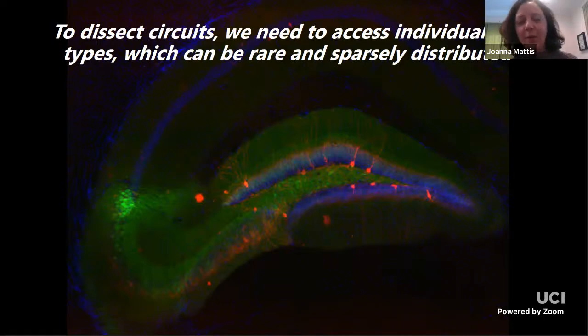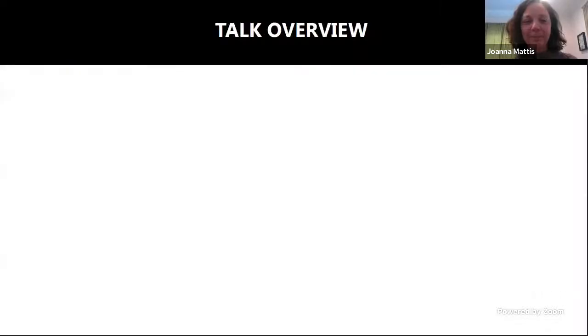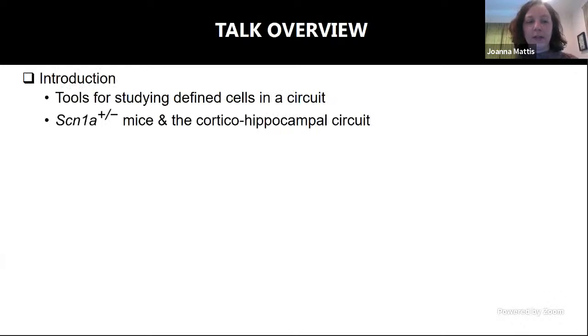So you can appreciate that if you wanted to study just the contribution of the red cells, for example, shown here, it is a non-trivial challenge to be able to specifically tweak just those cells within the brain. And I'll show you the same image again later in the talk, so you can keep your eye out for it. So with that kind of motivation, the overview of my talk is, first of all, to introduce two really